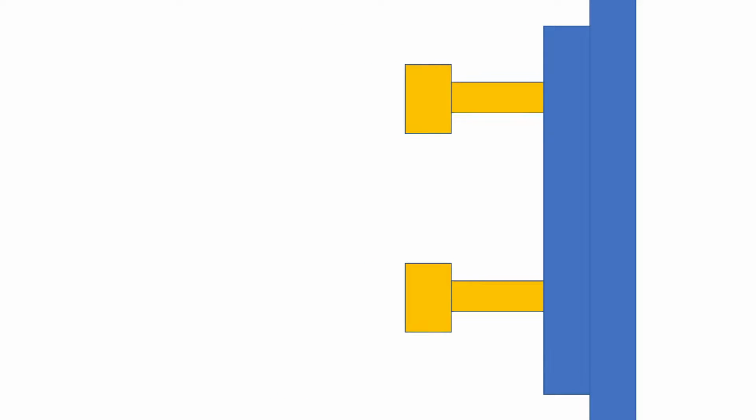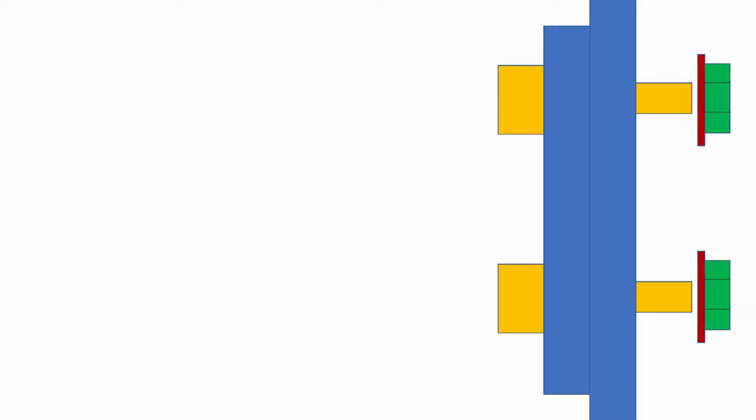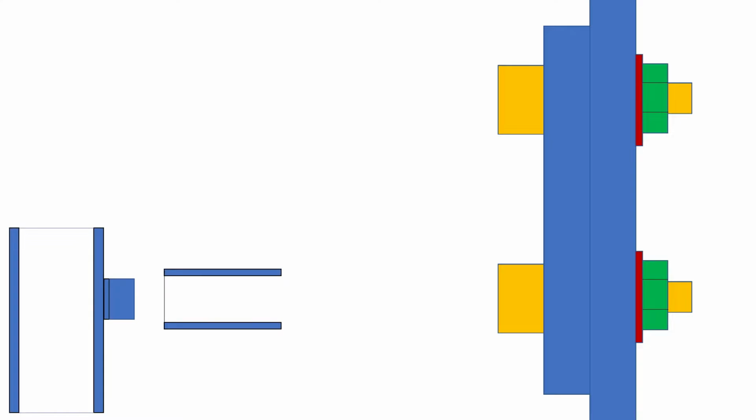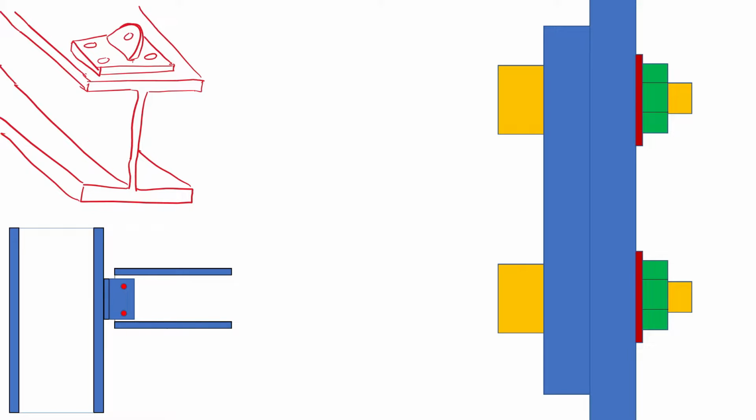Bolted connections are used in a variety of applications and are the most common form of steel connections used on site due to the simplicity of their installation. They are used to either connect members to other members or to connect members to various connecting parts like lugs or connecting plates. In this video, we will discuss how bolts can fail due to shearing and how to calculate